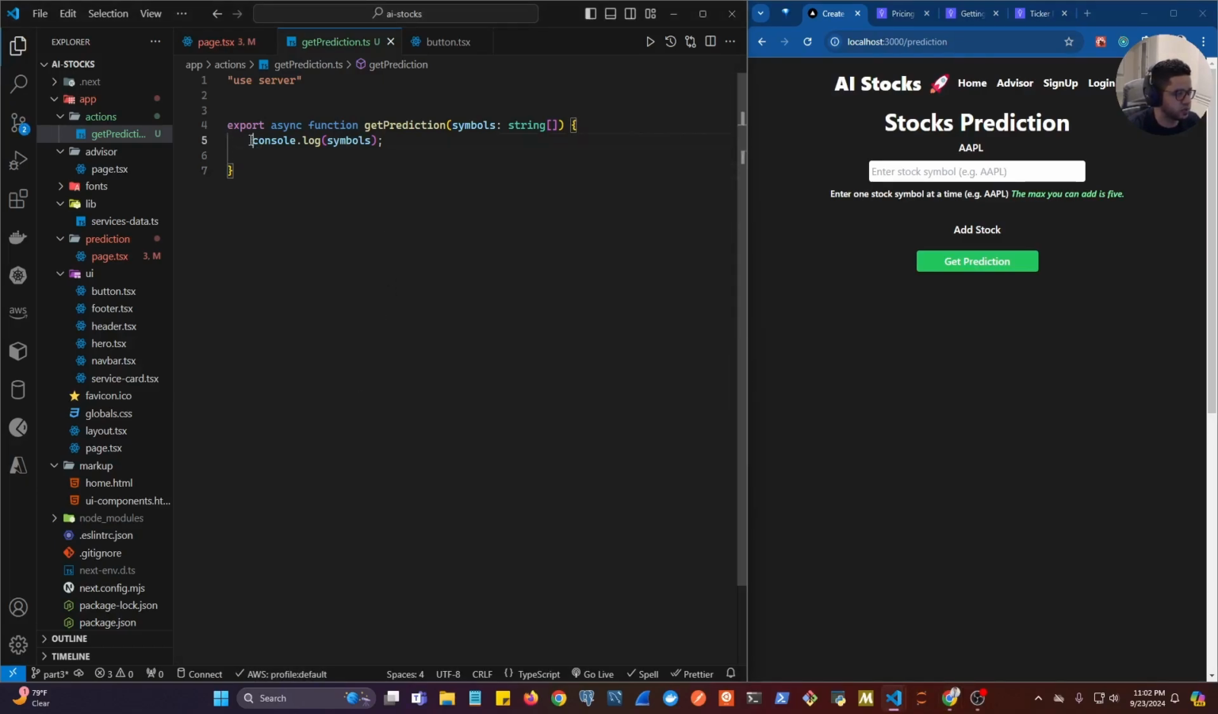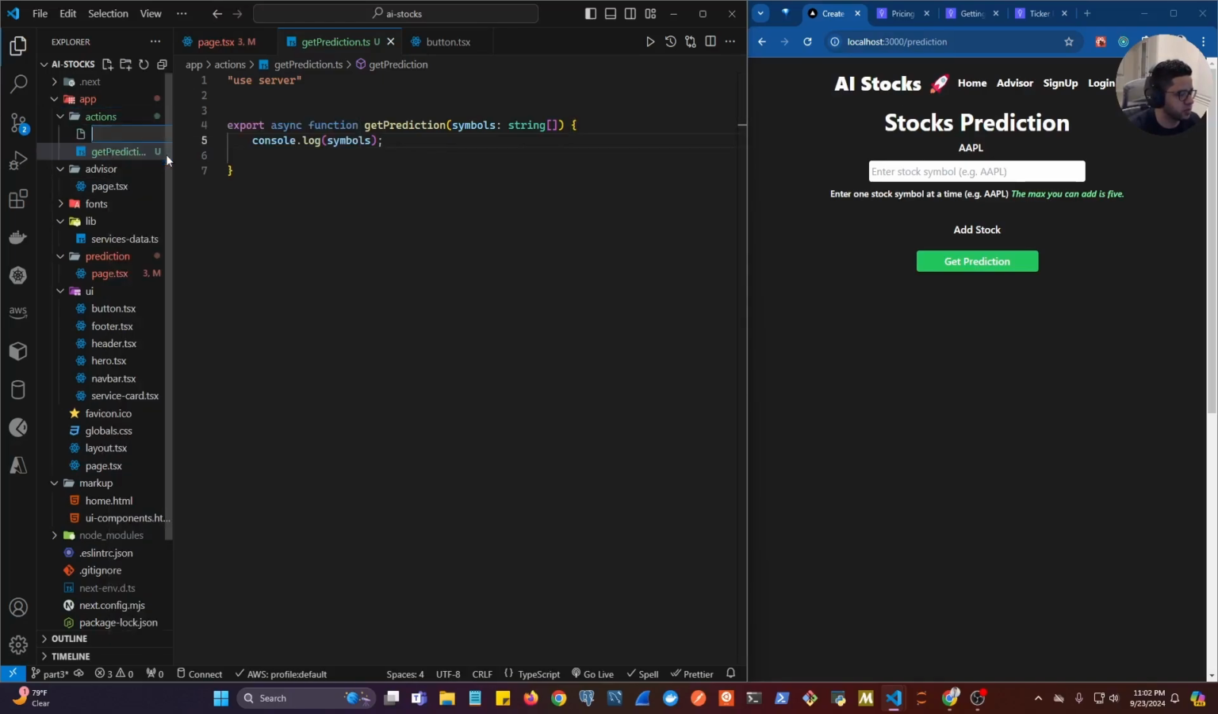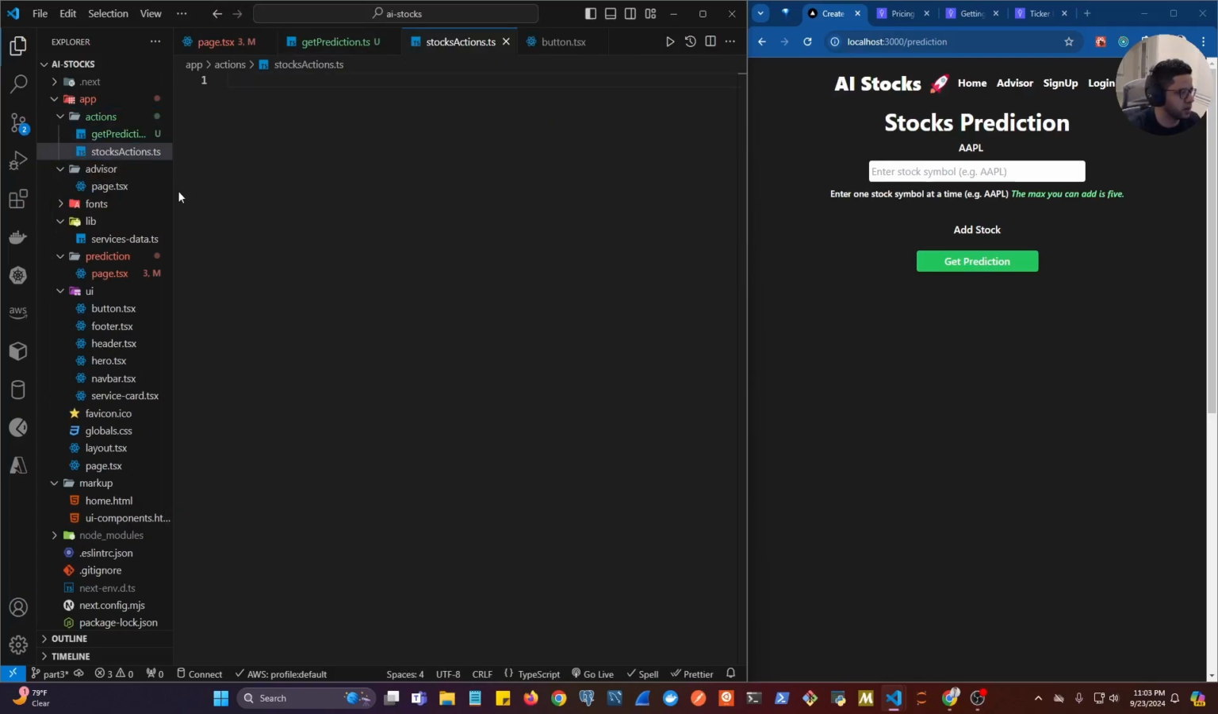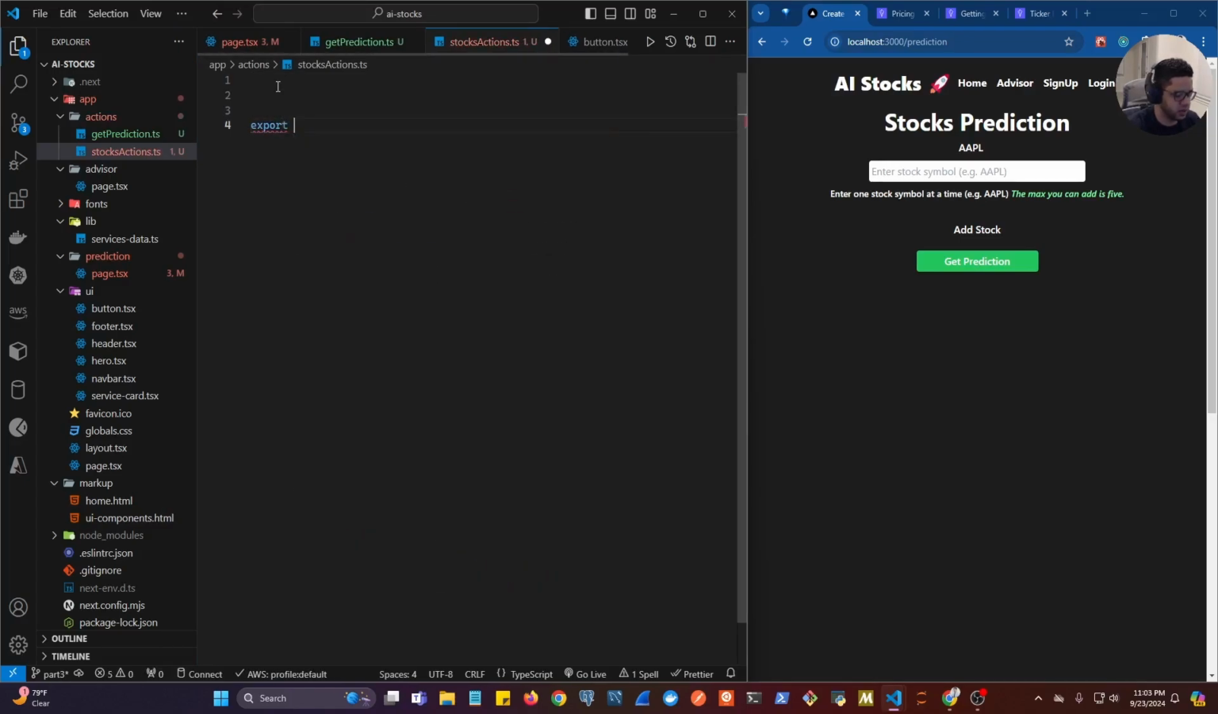Now the first thing we're going to do here is not get the prediction. We're going to need to fetch the historical data for the stock symbols that we want to get the prediction from. So we're going to create a new file here, and we're going to create a file called stocks actions.ts. And in this one, we want to say export async function